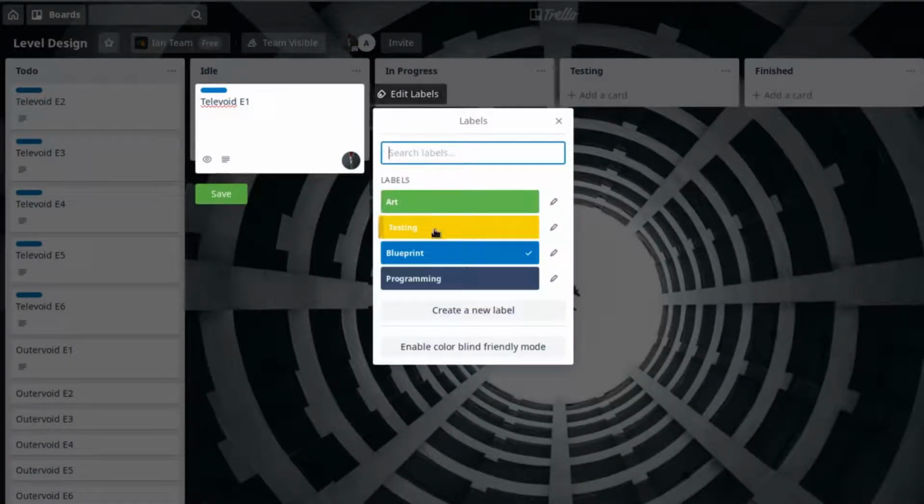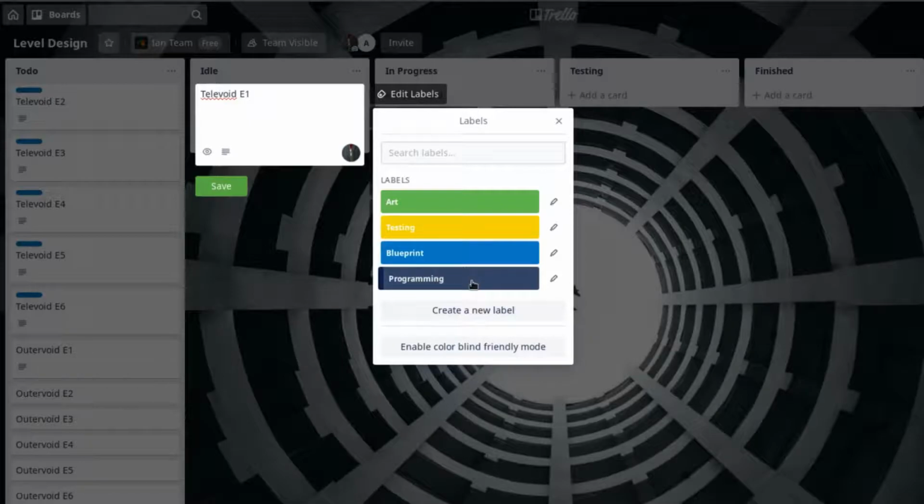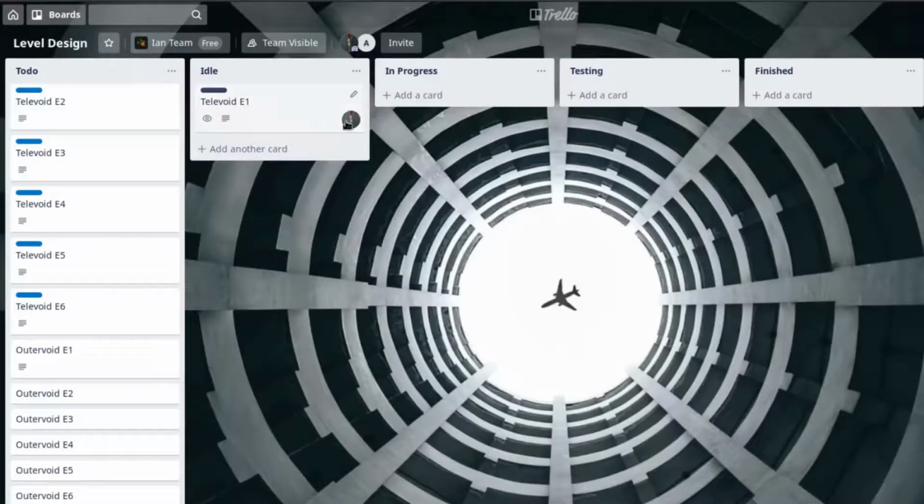Over here you can see that there are 4 labels to choose from as of now. So I can remove the blueprint tag and add the programming tag to say, hey, the blueprint is done, we should start programming the level now. I'll hit save, and now I could remove myself, or I can stay there if I'm interested in seeing what happens with the level. I suggest staying here just in case we need to go back and forward between different